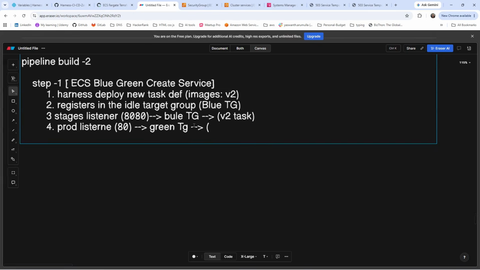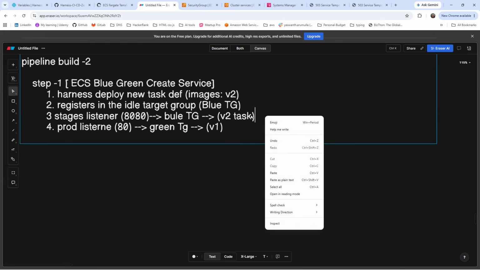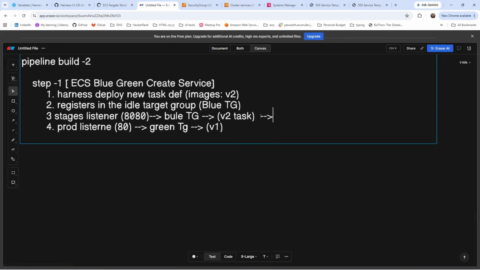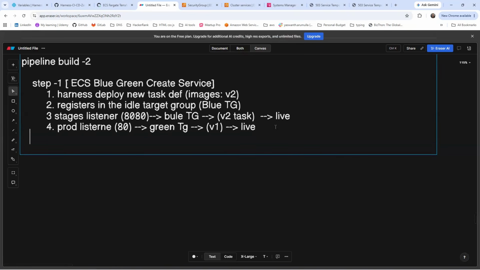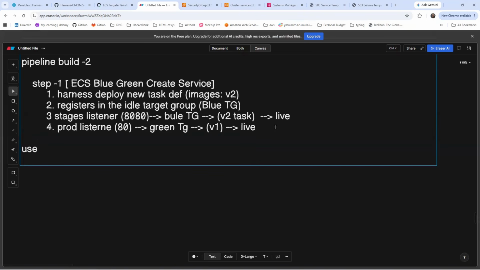And here it's version 1. See, here version 2 application is live, and here version 1 application is live. Okay, now users are still accessing as production, and this production URL is